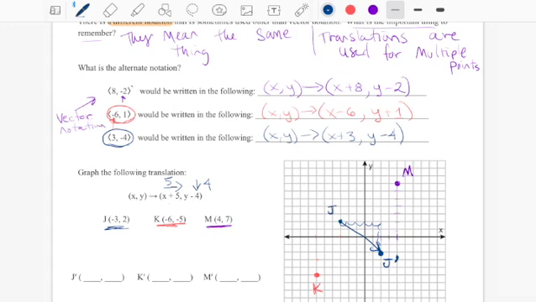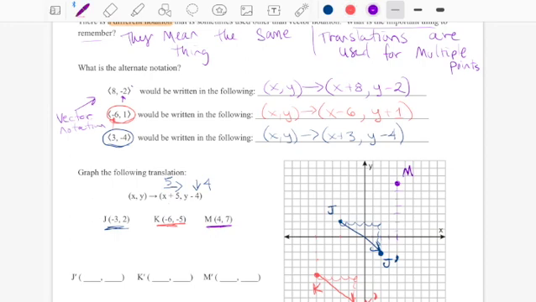Let's try with K. So I'm going to the right 5, so that's 1, 2, 3, 4, 5. And then down 4, so that's 1, 2, 3, 4. So that's K, so now this becomes K prime, and our translation is that. We moved it. And these two arrows should look pretty much the same, and it should look the same for